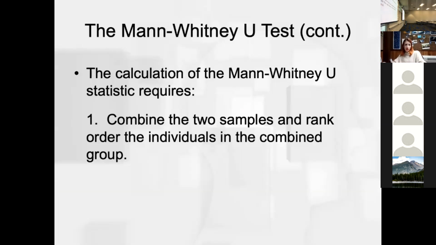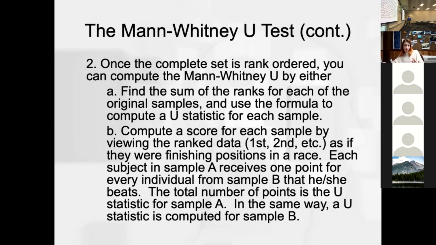So again, I'm not going to have you calculate this, but I think it does help to learn about the process. The calculation for the Mann-Whitney U statistic requires that you combine the two samples and rank order the individuals in that combined group. So you have 15 in each group. Now you put them all together, line them up, smallest to largest, and then rank order them, 1 to 30. Once you've established that rank order,